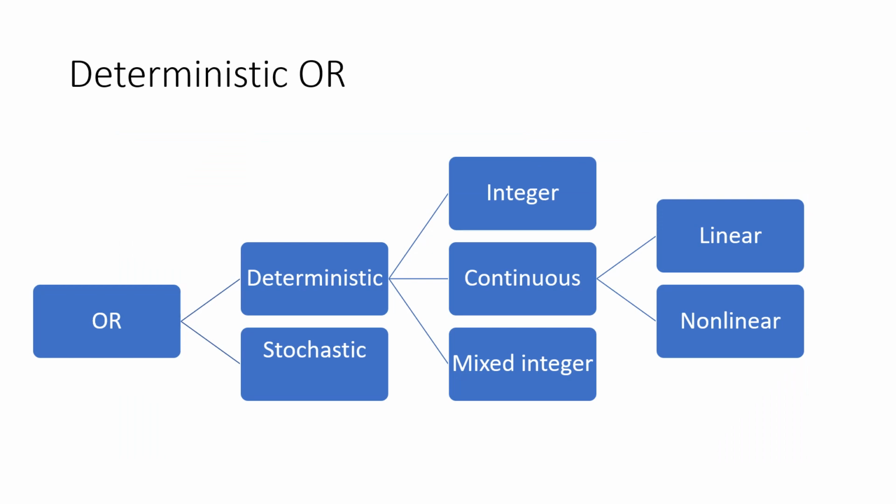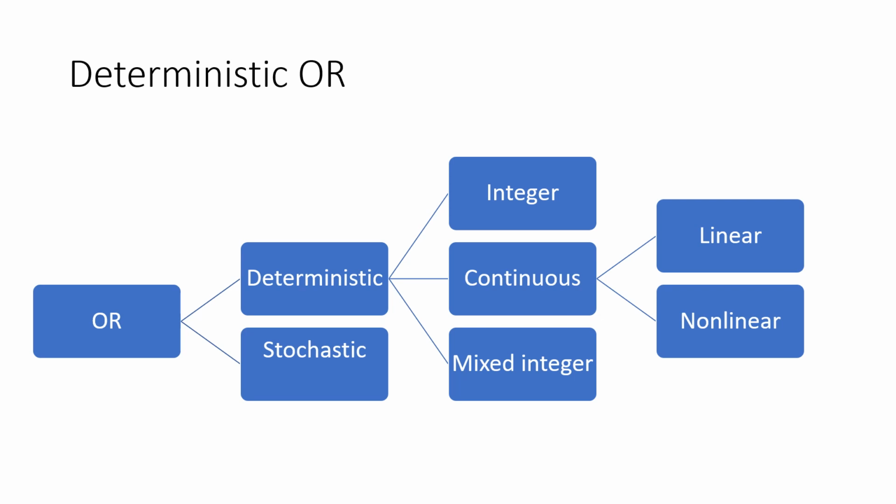Finally, we need to define what is deterministic operations research. Now we know what is operations research. Finally, deterministic, we can know it from this taxonomy. Operations research models consist of stochastic and deterministic. Stochastic means probabilistic, but deterministic basically means that the data that we gather, we assume or we know that they are certain. They don't change. For example, you collected the data of demand in the past and you calculated the average. You assume that the demand will stay at the average level all the time. And then deterministic